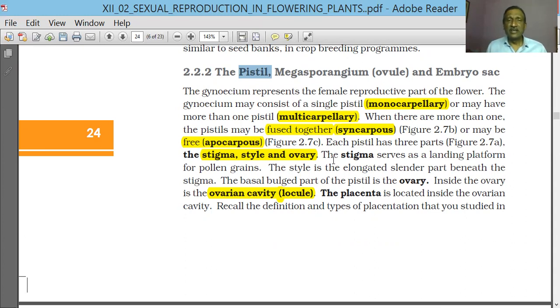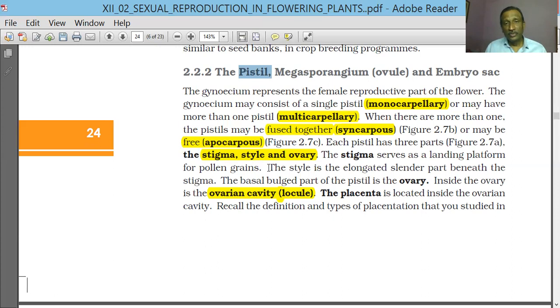Later in the same chapter, we'll study that the stigma will allow germination only of the same type, that is the compatible type. There are different conditions which deal with this. So the stigma is actually responsible for deciding which pollen will germinate there, which pollen will not, and which pollen gets nutritious chemicals and which should not.